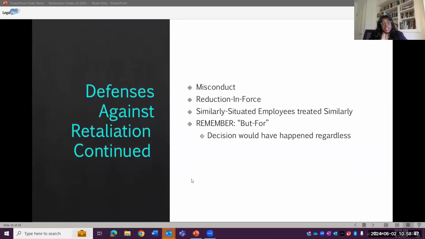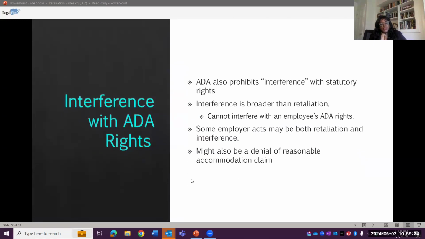You can see the other examples on this slide as well that relate to defenses against retaliation. In short, though the employer does not have the burden to disprove retaliation, the employer may have evidence supporting its explanation for the challenged action, such as comparative evidence revealing like treatment of similarly situated individuals who do not engage in protected activity, or supporting documentary evidence and/or witness testimony. So just wanted to wrap that up and move on to our next topic, which is